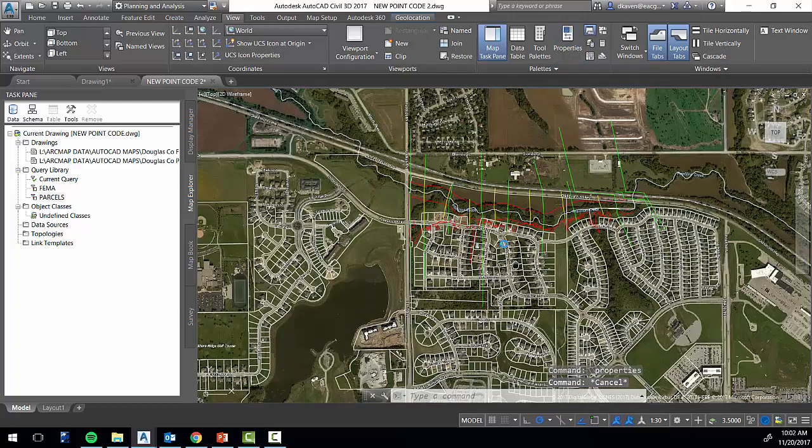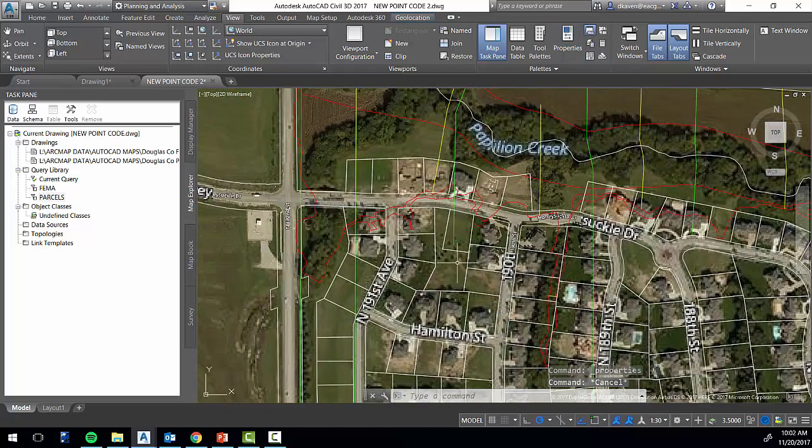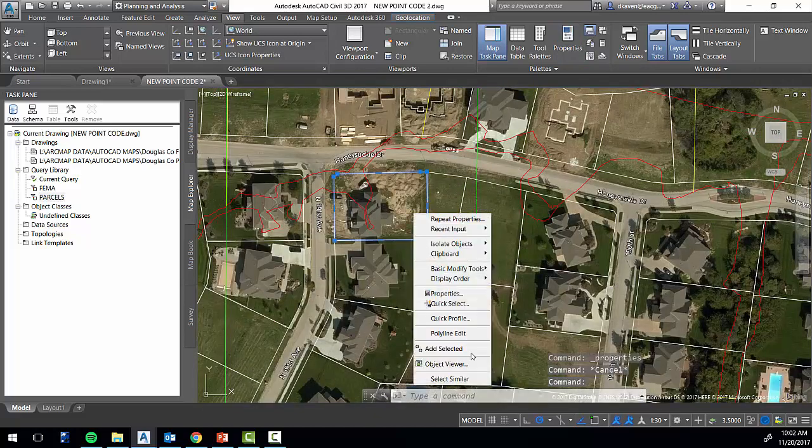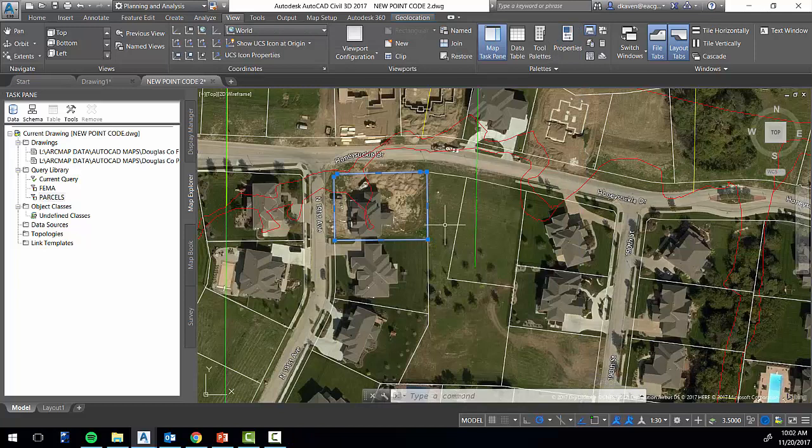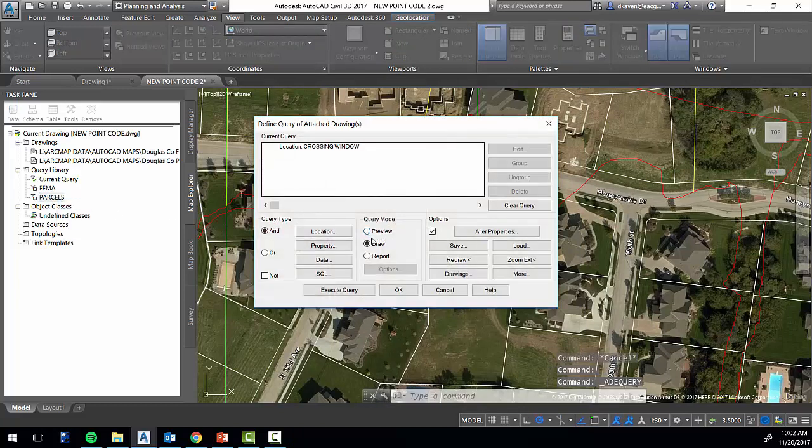So now at this point, we're looking at the parcels, and maybe that lot we just highlighted, and we looked at that data. Maybe we want to associate that lot number with that particular lot, so we don't have to sit there and guess or look around to see what that lot number is. So what we can do is come back to that query and redefine that somewhat. We want to come over here to this alter properties,